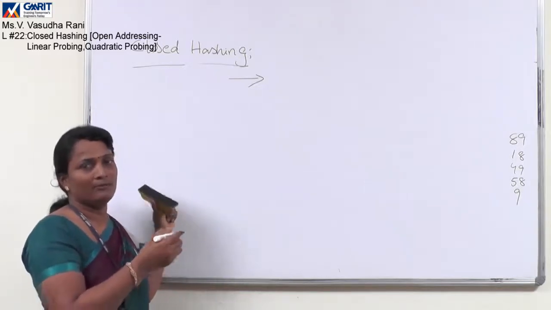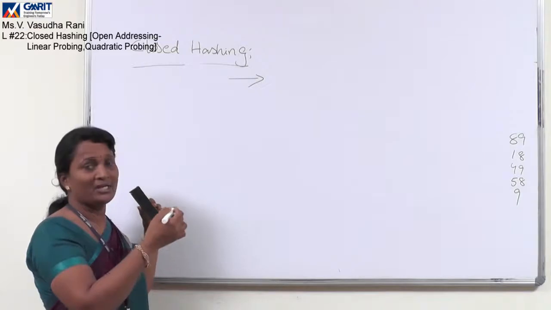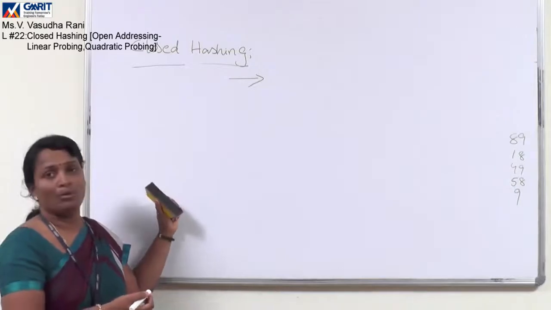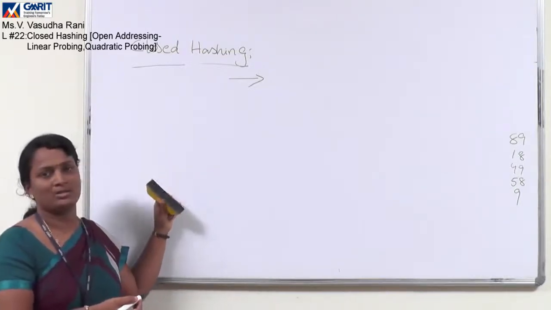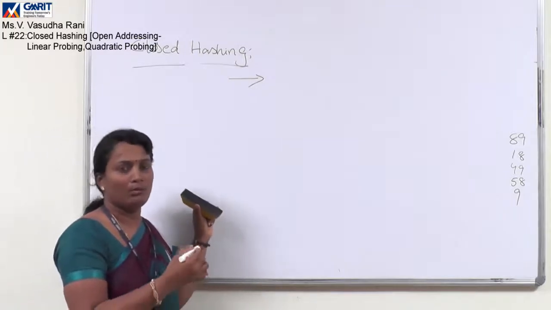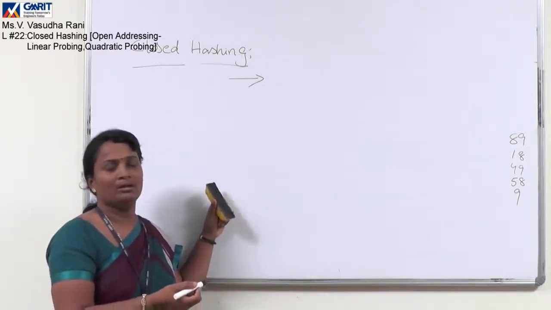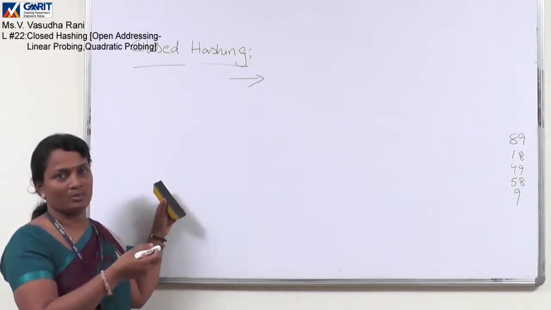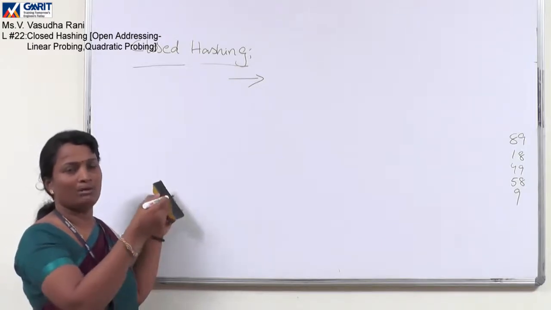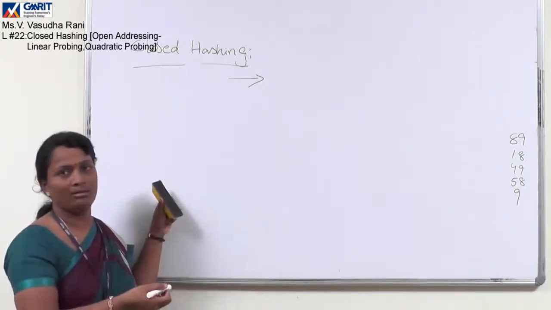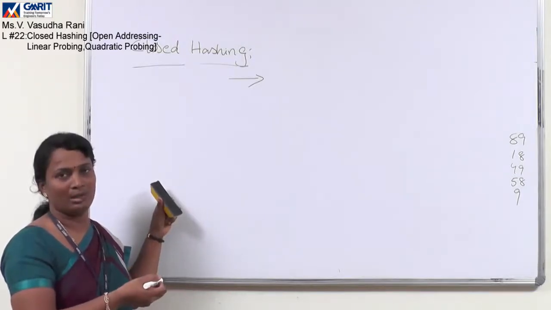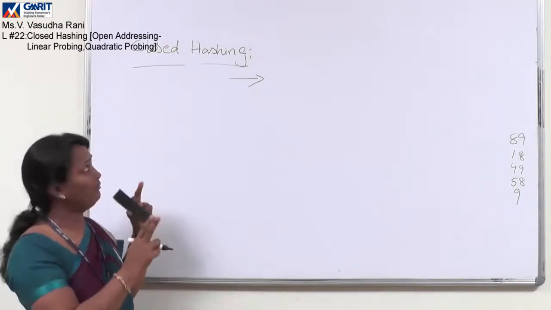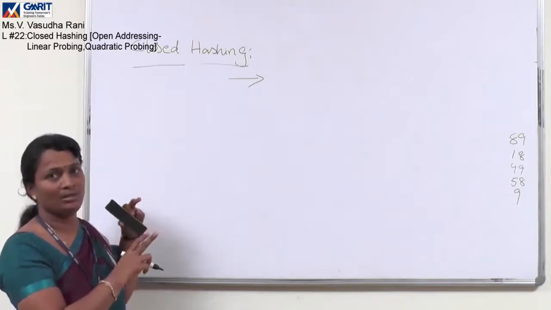So in open hashing, we are using additional memory as the solution for collision resolution. But in closed hashing, we are not going to give any additional memory for the second key for the same index we get. What we do is try to find an alternate cell for that new key element to be inserted, when we get an empty location. So here we could compare open hashing and closed hashing.